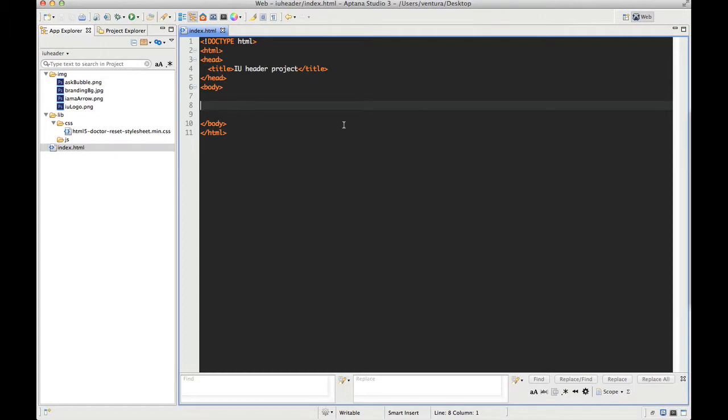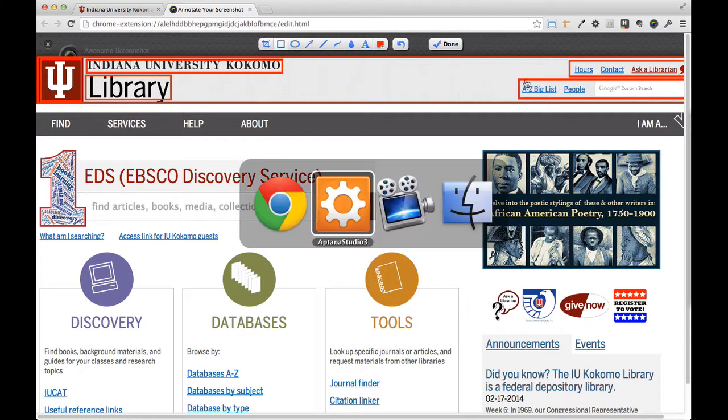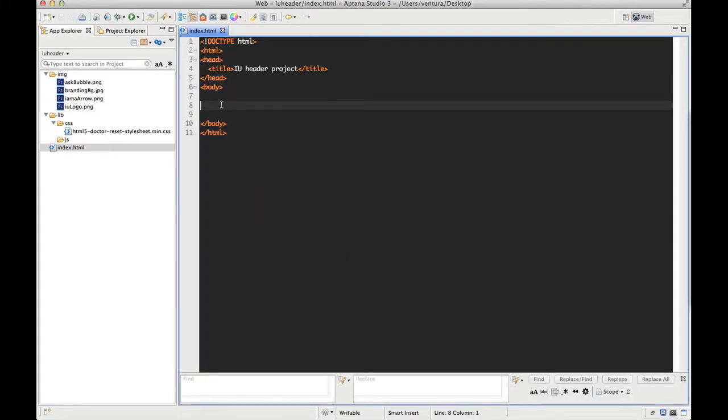Now let's go ahead and go back to our layout that we drew our boxes on. And remember that we drew one large box around this entire header area, which we're going to tag as our header. And inside of that we have these 5 different divs or elements that we're going to be putting inside that. So back in Aptana, we know that we're going to have a header. So let's go ahead and create that. And inside the header,